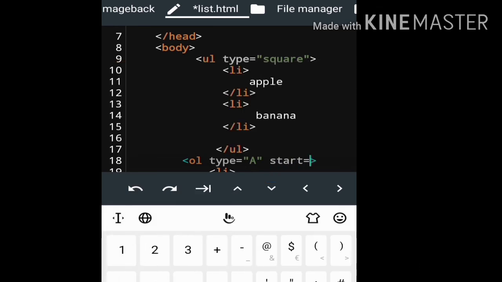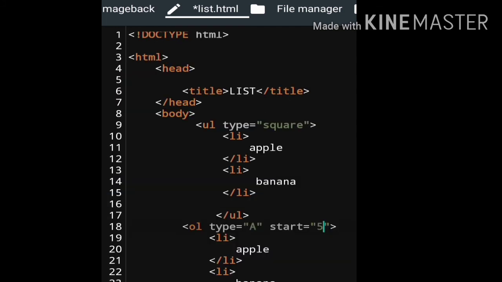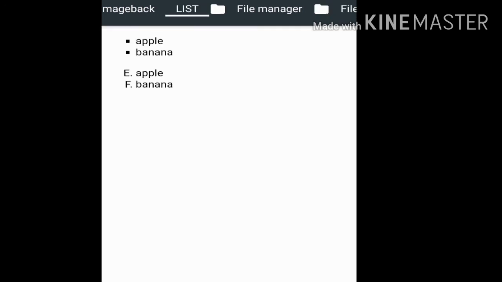Say I am writing 5 here. 5 means A, B, C, D, E. The fifth position of the alphabet is E. So it will collect the items from E, F, G, H like this. See here, E, F.